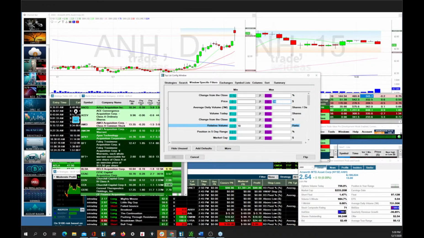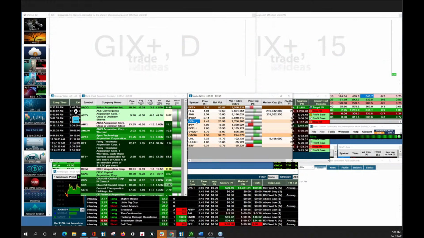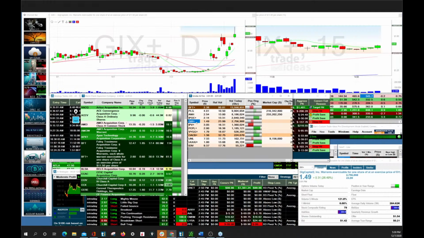It's a personal preference. But what I started noticing in my Smoke and Fire list, as soon as I started watching, I'm like, all these plus signs, what are these things? Well, what I've come to realize over the course of the past 10 days is these are all of the warrants. Not all of them are going to be SPAC company warrants, but most of them are. Okay. The warrants,